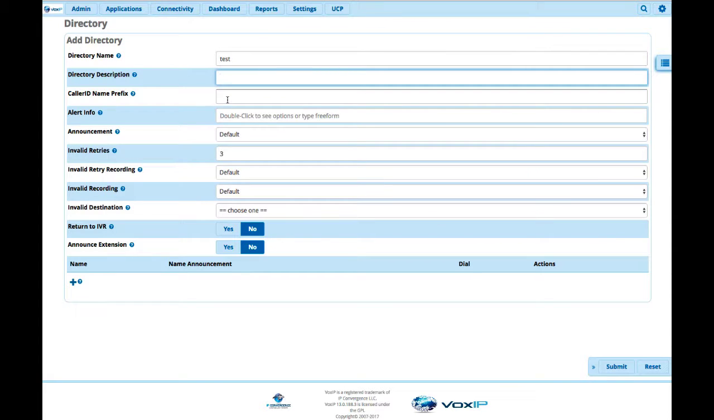You can even have a caller ID name prefix with your alert information. Remember how we talked about alert information? So if somebody dials off the directory, you can have a specific ring on your phone. You can leave the announcement in there, and the default announcement once again asks you to dial by first or last name. And then kind of like an IVR, how many retries,